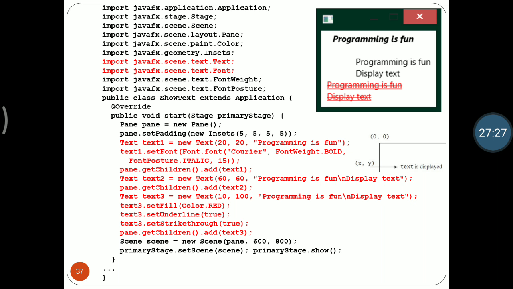We have given the setFill method and set red color, the setUnderline method with true meaning our text will be underlined, and the strikethrough method with true meaning our font will be struck through. As in this image we can say with the values of x and y, text will be displayed with that gap.